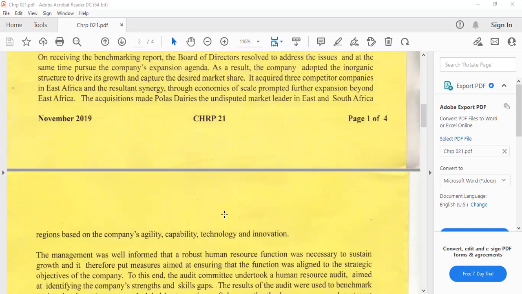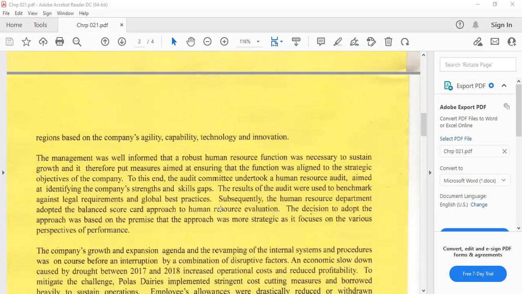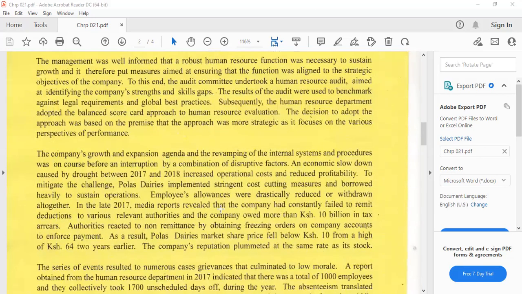The results of the audits were used to benchmark against legal requirements and global best practices. Subsequently, the Human Resource Department adopted the balanced scorecard approach to human resource evaluation. The decision to adopt the approach was based on the premise that the approach was more strategic and it focused on the various